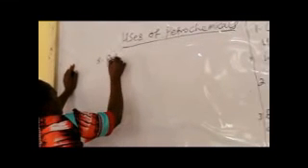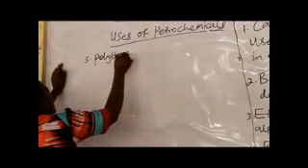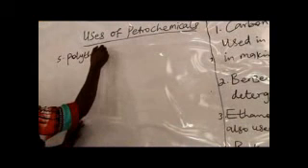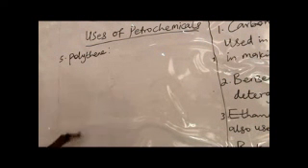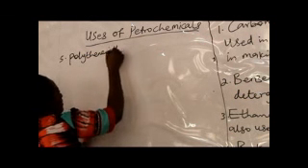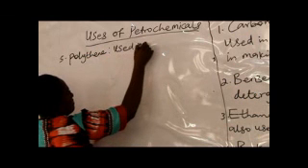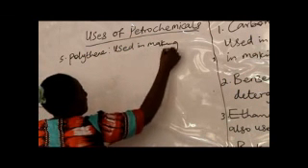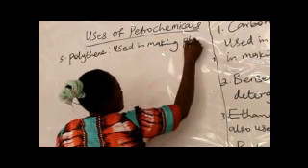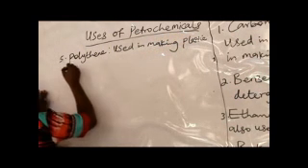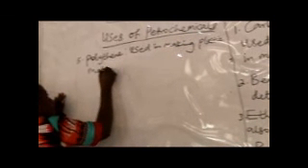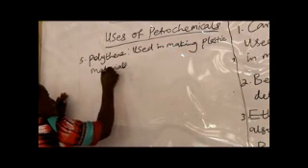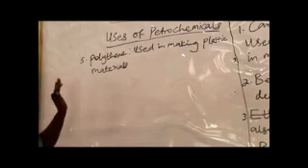We also have polythene. Polythene is a large organic compound. It's used in making of plastic materials. Plastic materials. Plastic materials, we have examples like